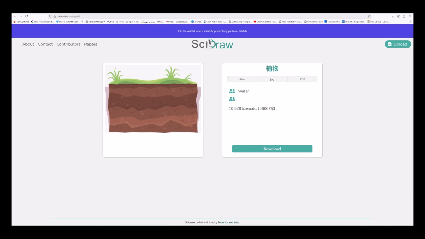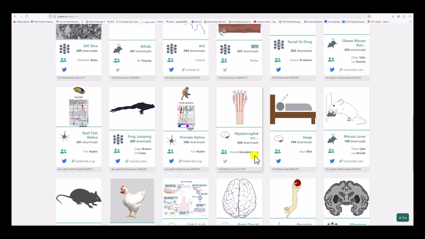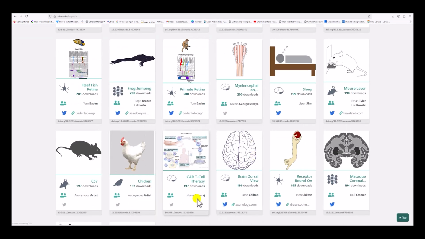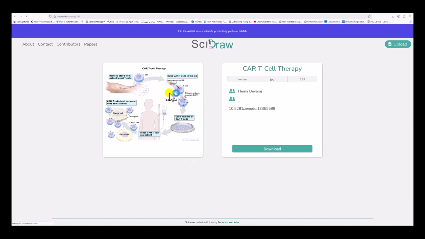The unique feature of Sidra is its mathematical precision. If you are working with data points, equations or chemical reactions, then this is the best one, Sidra. You can learn it and use it. For example, you can see here a whole graphical abstract, which you can also download here, and then make changes according to your own will. Okay.